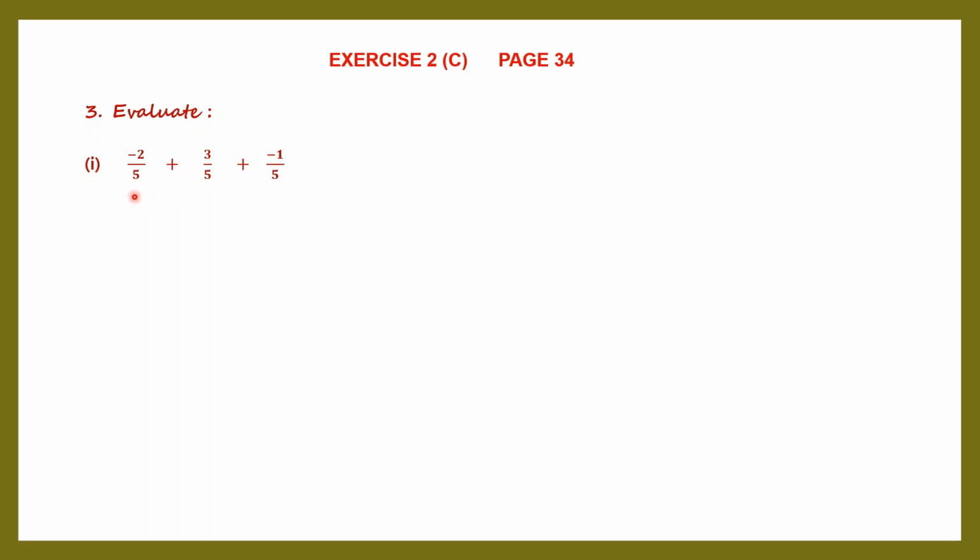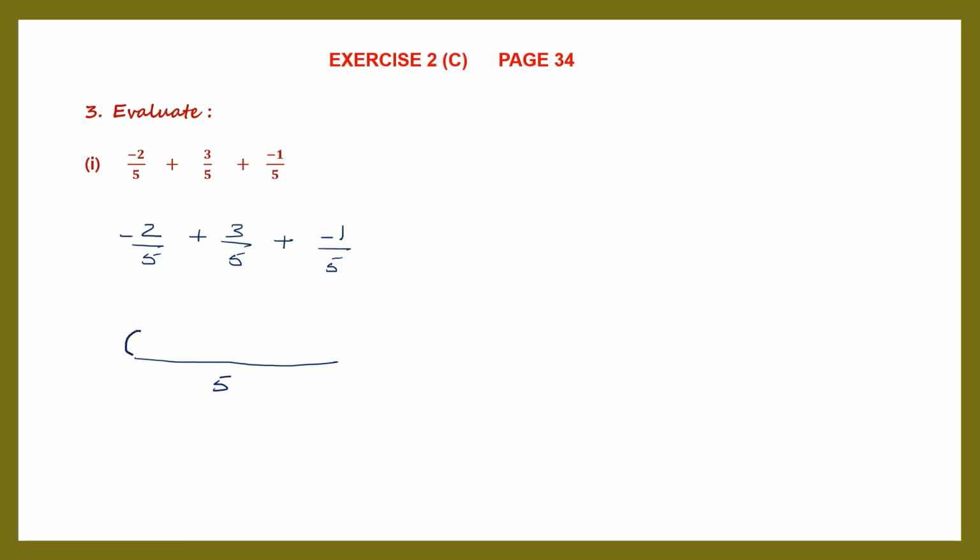So in the first one we have 3 rational numbers here and the denominators are all the same. So when the denominators are the same, all we have to do is add up the numerators. So first let's write down the question. So we have minus 2 by 5 plus 3 by 5 plus minus 1 by 5. Now our denominator is the same, so let's write down 5 as the common denominator and we're going to add